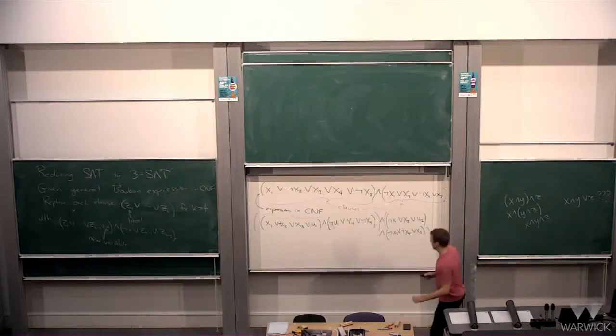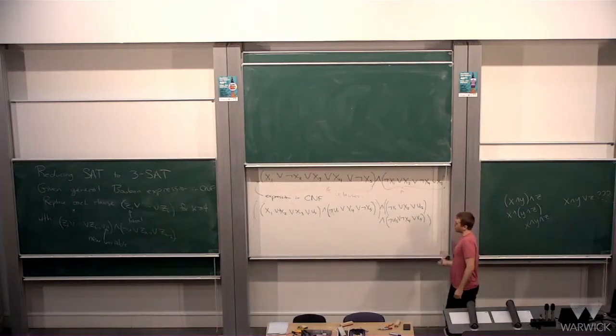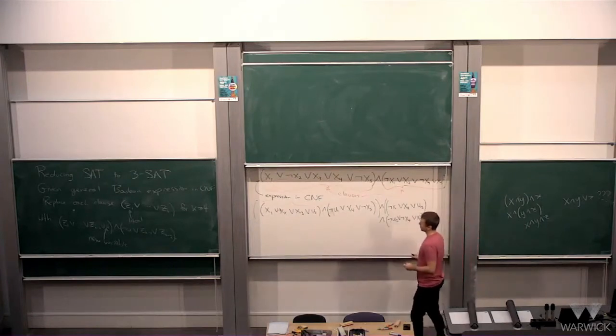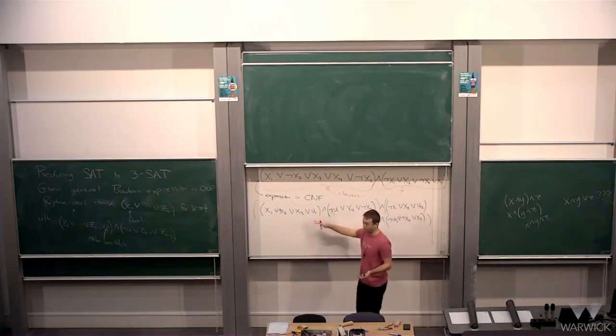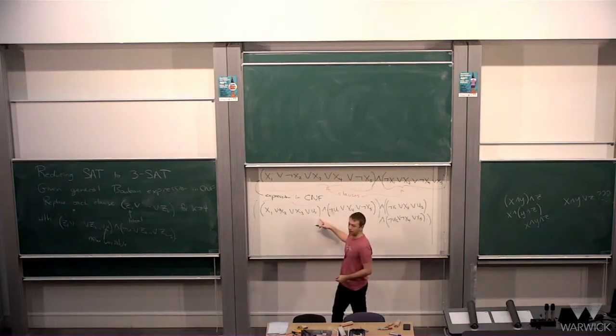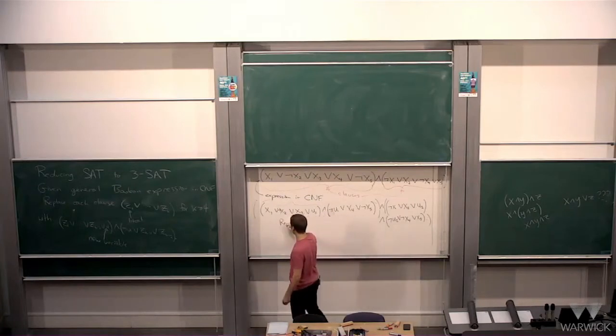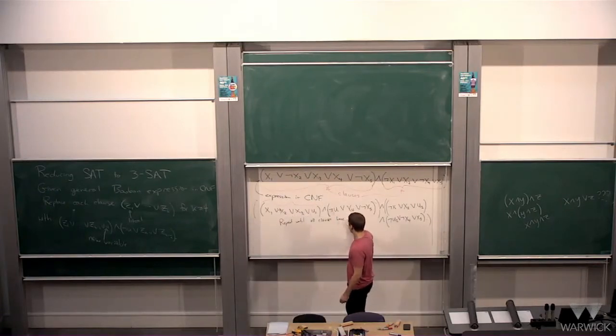Okay. So now I claim, by the way, I haven't gotten to an instance of 3-SAT yet, right? Because I still have a clause of size 4. But you would just then repeat this. So in the proof we repeat until all clauses have at most 3 literals, which will certainly happen